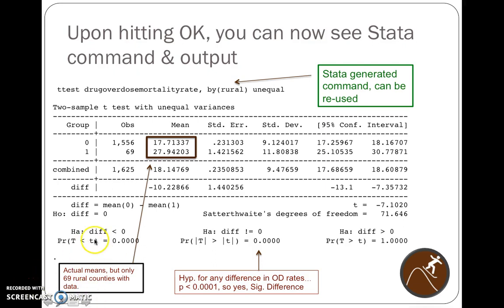It means that, comparing the group 0, the mean of 17.7 is statistically different at the 0.025 level. And then this is a simple one. Are they different? Yes or no? And we see a p-value again of